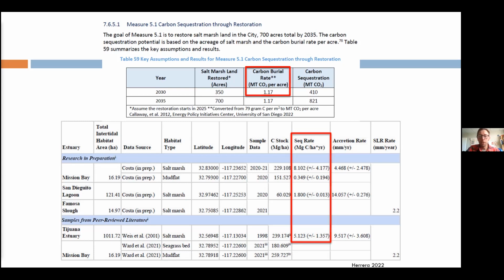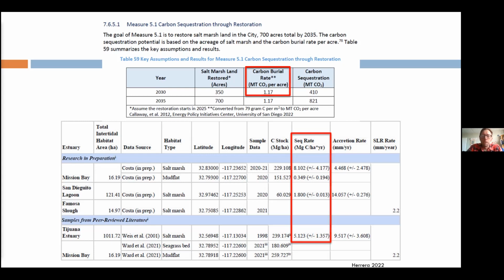So not to say that we're guaranteeing any amount of number that we'll be able to reach, but there is some heterogeneity in how much carbon is sequestered per site, and we need more research in order to figure out the management and the restoration goals that can improve the amount of sequestration that happens and get 8 megagrams of carbon per hectare as best we can, as long as we're also delivering on that access, that water quality restoration, the resilience, and the bird habitat. If you ask us, we would say bird habitat should be in there for sure.